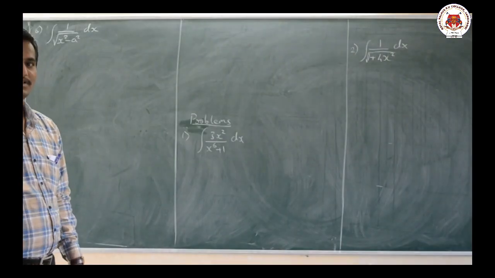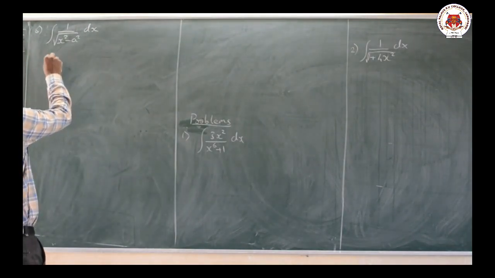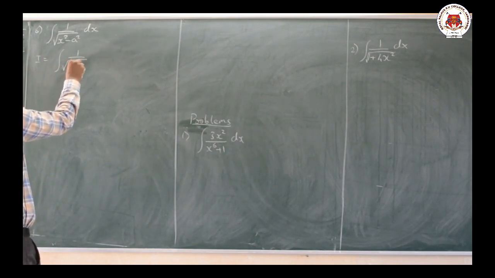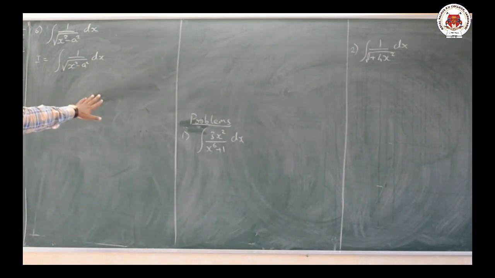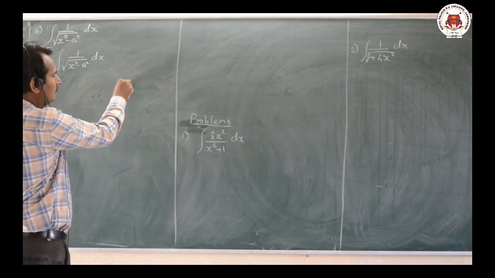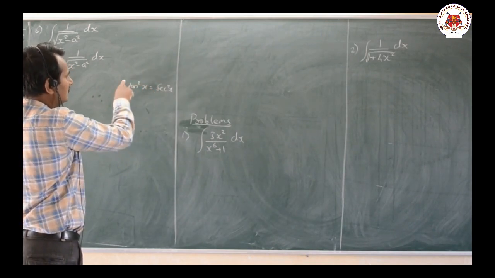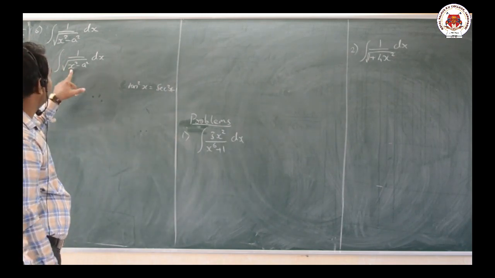Hello dear students, now let us move on to the last formula here. The last formula is, let us take I equal to integration of 1 divided by root of x square minus a square dx. We know the formula for 1 plus tan square. What is it? 1 plus tan square x is equal to secant square x. If I take 1 on the LHS, that is secant square x minus 1 equals tan square x. Same formula I have to make use of here.